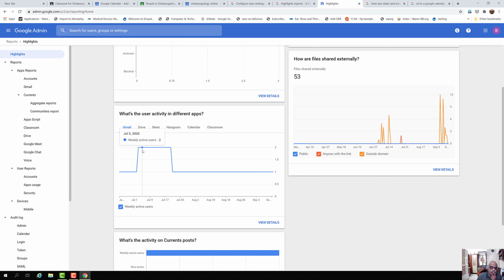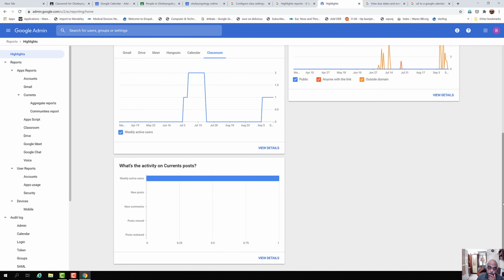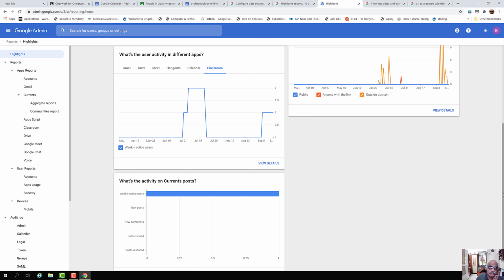So Gmail, there are active users 2. Let us see Google Drive. So active users 2. Then Google Meet. So active users 2. Google Hangouts, not been used at all. Google Calendar, active users 2. And then Google Classroom, active users 2. So it gives you details pertaining to the users, active users using the various